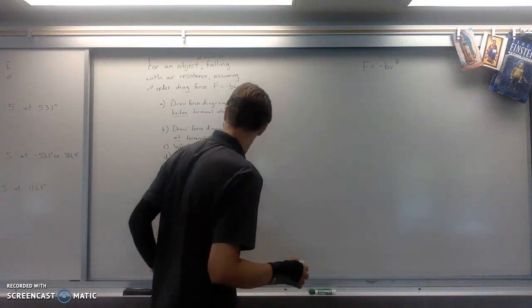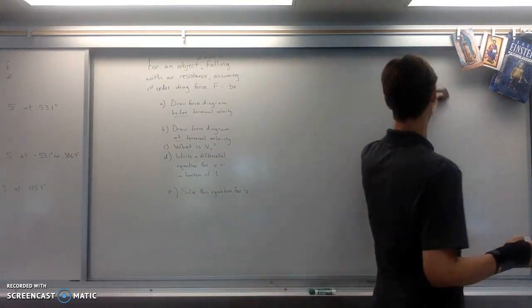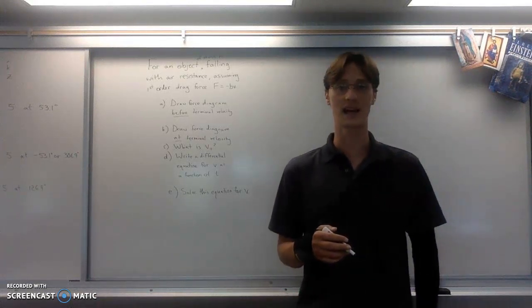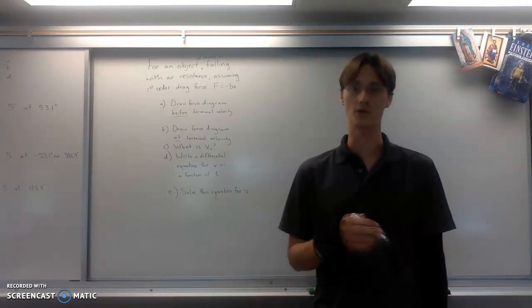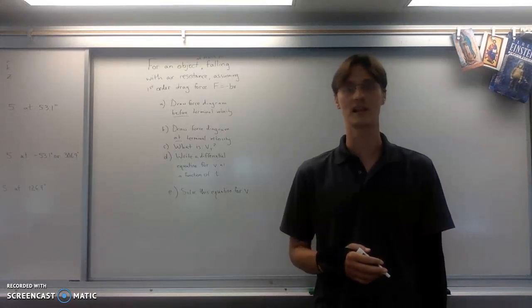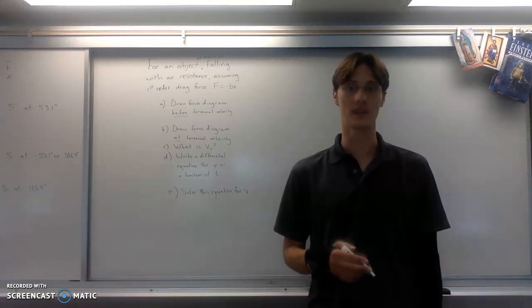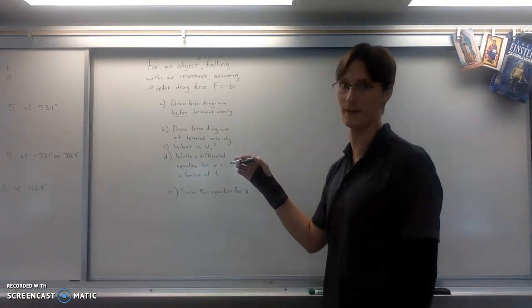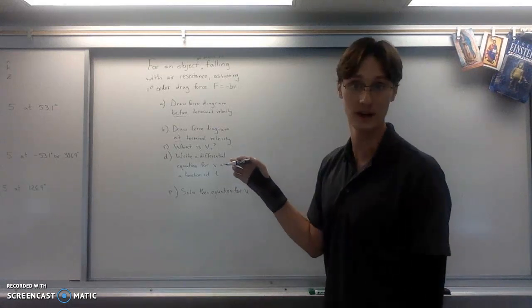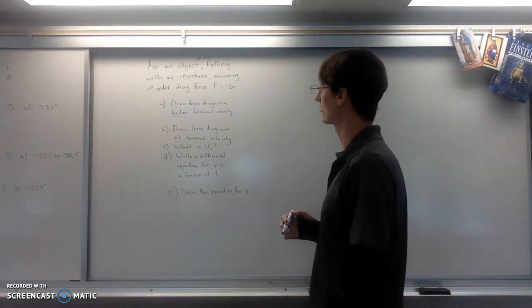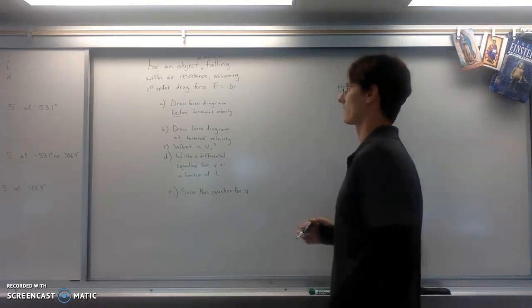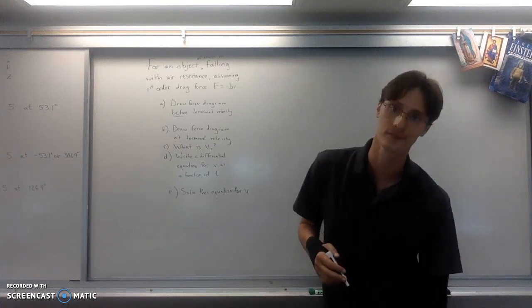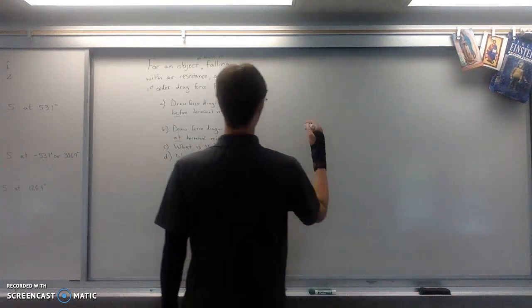So I wanted to work through one example question, which is going to be pretty typical of the kinds of drag force problems that you guys are going to have, just so you can see how most of them are going to get set up, or at least how you ought to approach setting up a drag force question. It says we've got an object of mass m falling with air resistance, assuming there's a first order drag force and then all this stuff. To start with, they want us to draw a force diagram. Well, if we have something that is falling,